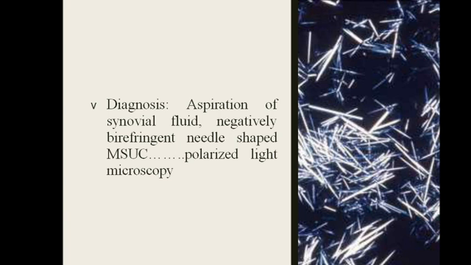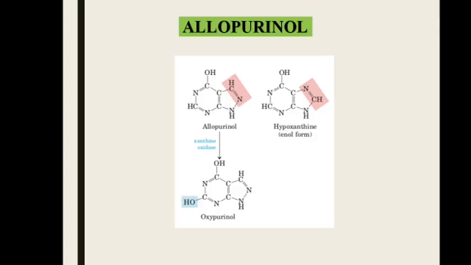The first-line, gold standard treatment for this particular gout is allopurinol. So what is allopurinol? Again, we have studied this particular drug for suicide inhibition, competitive inhibition, in the enzyme chapter. This allopurinol drug is going to inhibit an enzyme called xanthine oxidase. How does it do it? Allopurinol gets converted to oxypurinol.